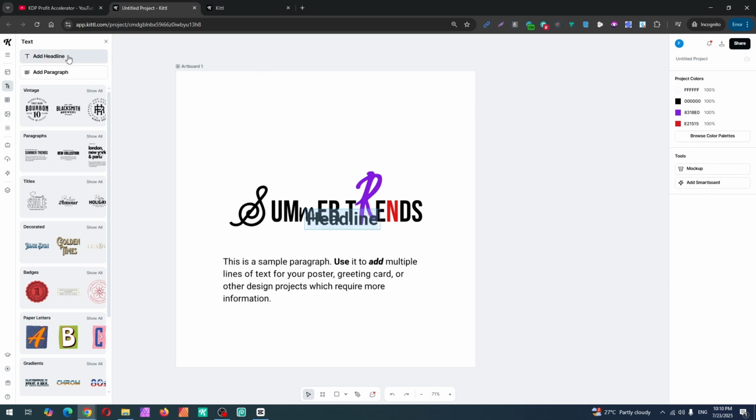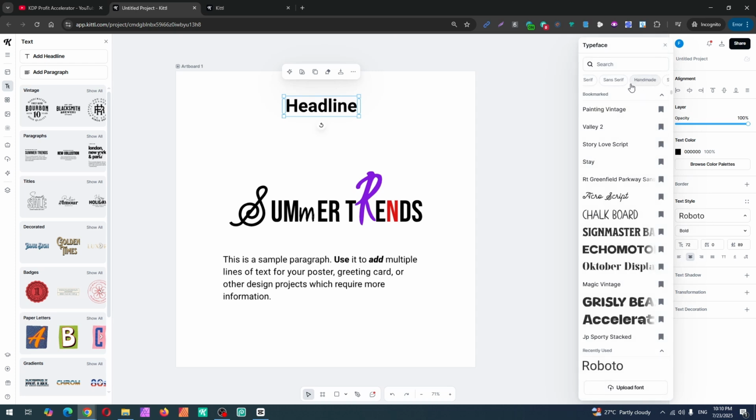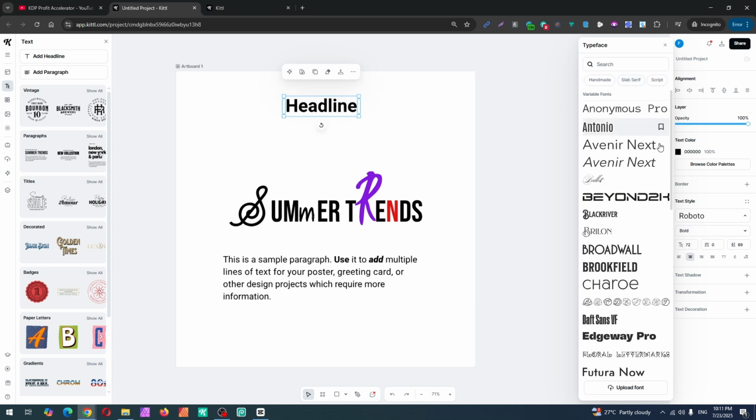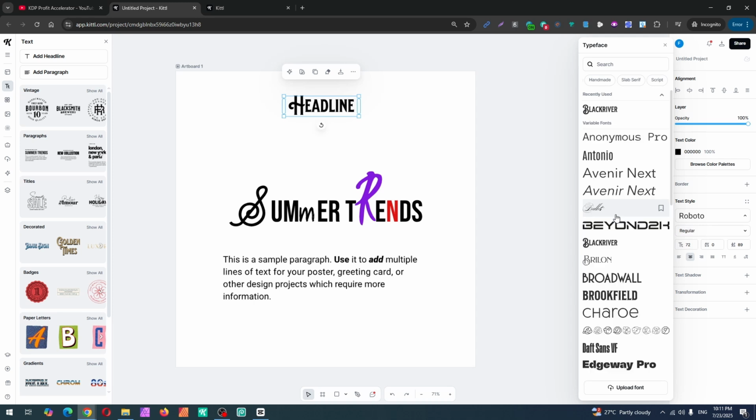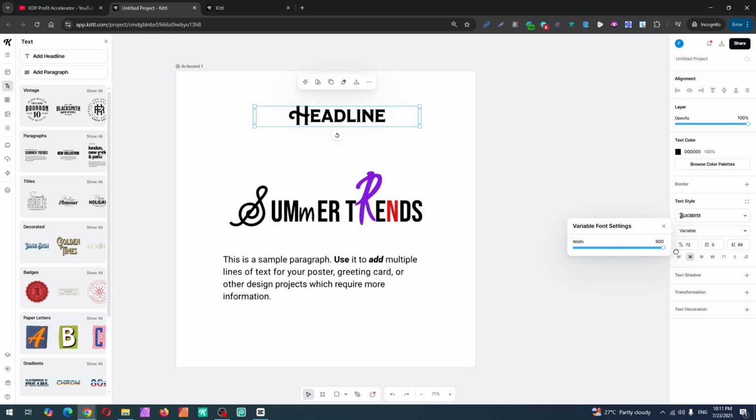I will open one headline. When we open the fonts from here, we've got variables. When we open these fonts, let's say we want to use this one, grab the word, and from variables, we can, just a sec, we can make this font bigger or smaller, and also we can grab just one letter and make it bigger,